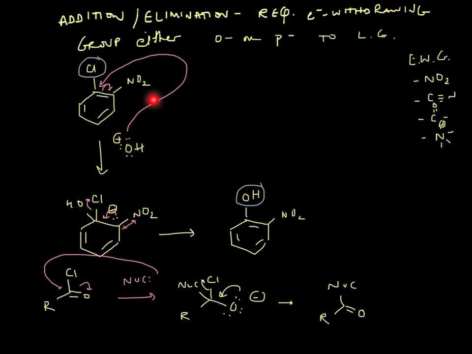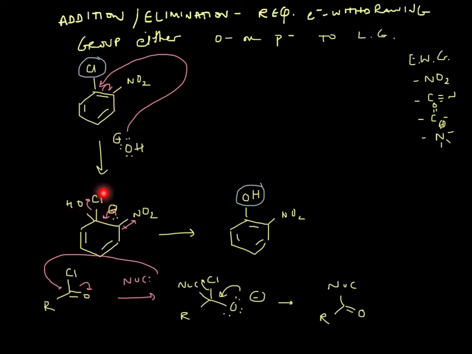We're bringing electrons in, kicking electrons up, right? Then they come back down and kick off the leaving group. So that's called addition-elimination, because in the first step we're adding something on, and in the second step we're eliminating